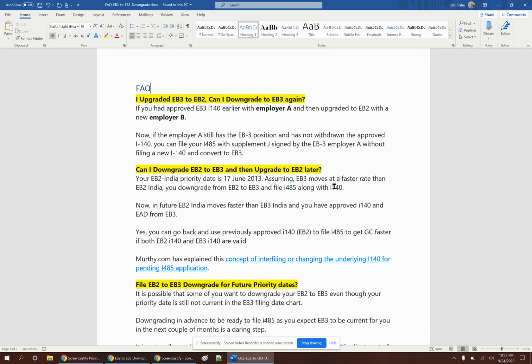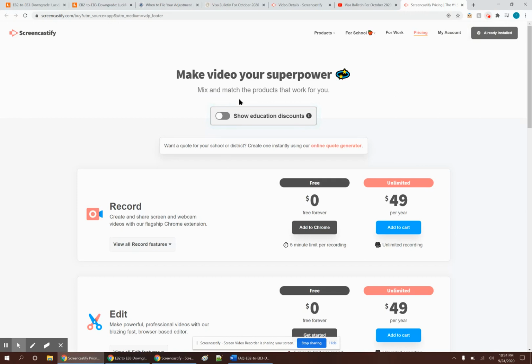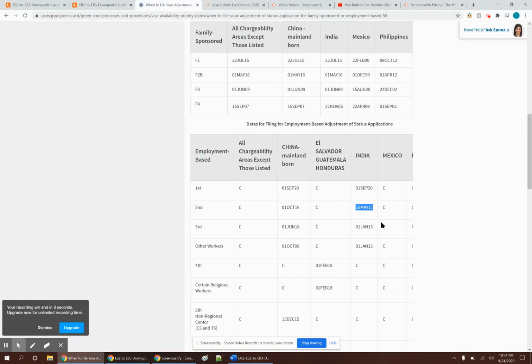And that is good news for people who are born in India, because the priority date for EB3 is more favorable, as you can see in the USCIS chart. January 2015 is the cutoff date for employment EB3 India, and 15th May 2011 is the cutoff date for EB2